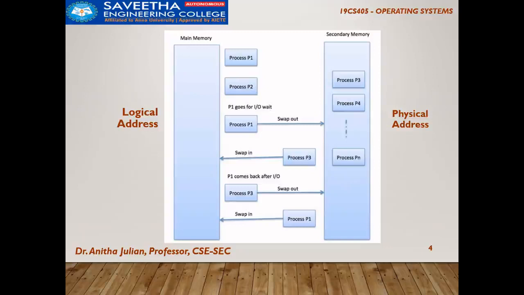Process 1 had some work, so it is being sent out, and process 3 is brought in. Once process 3 finishes its work or has some IO operation, it is sent out and process 1 is brought in. Meaning to say that the main memory only has space for 2 processes. So 1 and 2 were executing, 3, 4 and the others are waiting, and 1 had some IO operation to do,